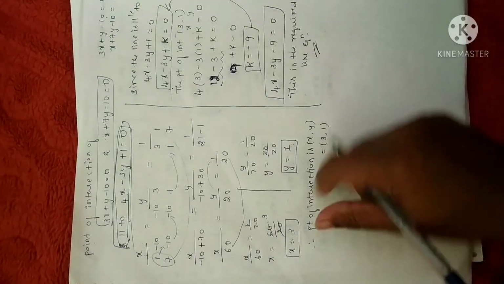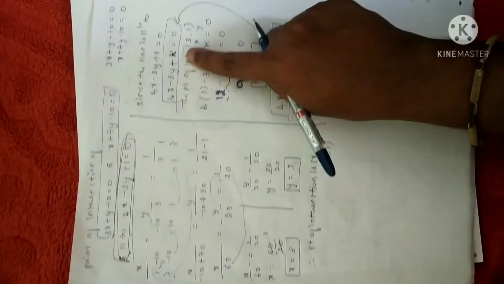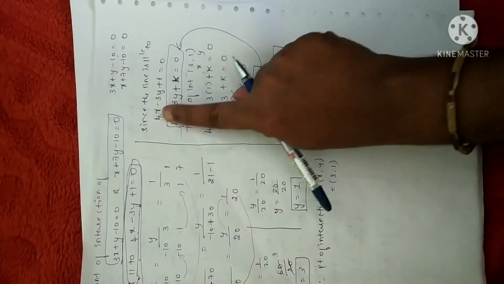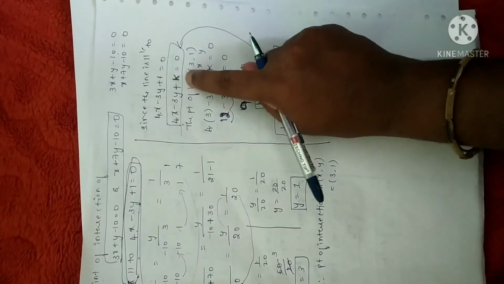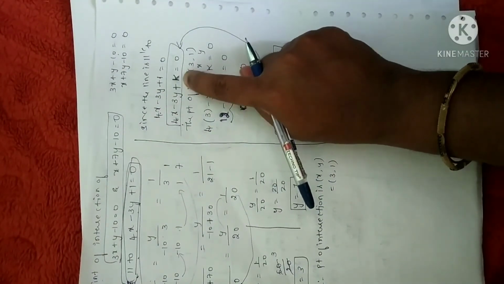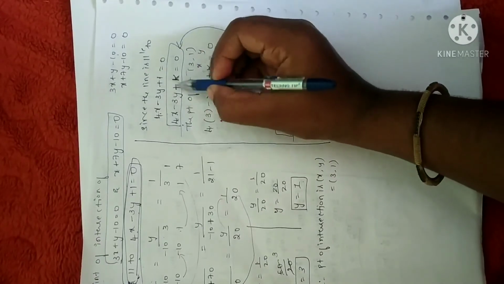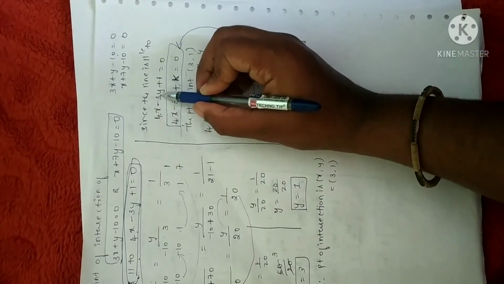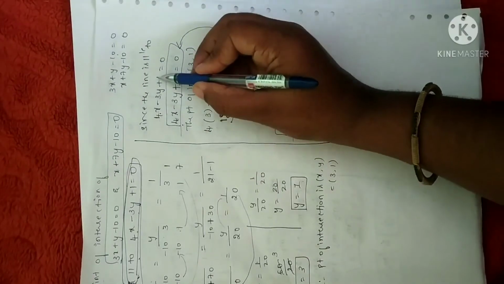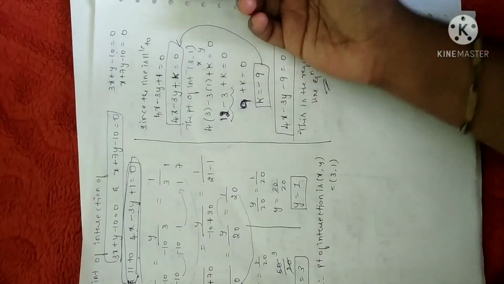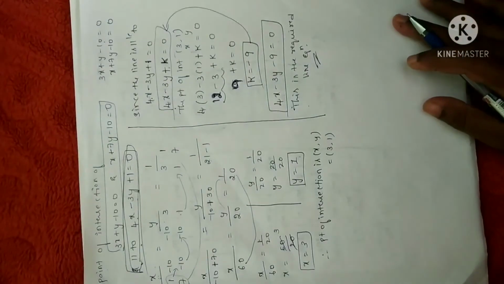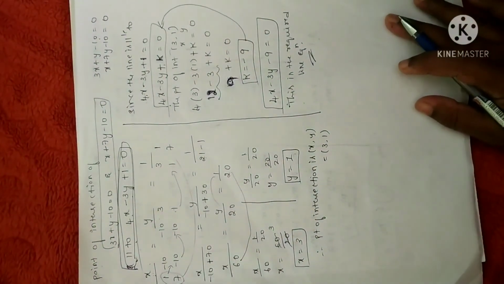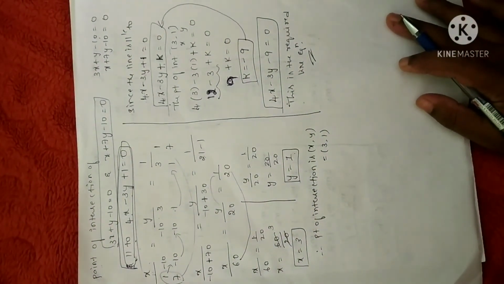Steps are similar. First you have to find the intersection. It depends on the assumption. When you have parallel, you need not change anything. Just replace the constant with k. When you have perpendicular, you have to change the sign of all the terms, replace the x and y variable coefficients with one another, and replace the constant with k. The rest of the procedure is the same. Hope you understand this. Again, if you have any queries, feel free to ask me.